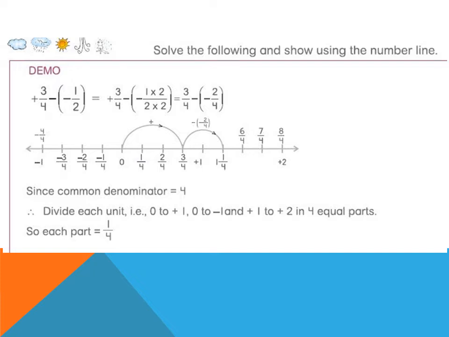Now make a number line, mark the 0, divide each partition into 4 parts. That means 0 to 1 we have to divide it into 4 equal parts, 1 by 4, 2 by 4, 3 by 4 and so on, and then we do the calculation. So 3 by 4 is directly marked, and then minus, that means first of all minus we have to move backwards, then the second minus we have to move forward. Now we will go to the forward direction, 2 by 4, that means 2 small steps, which will give us 1 by 4.